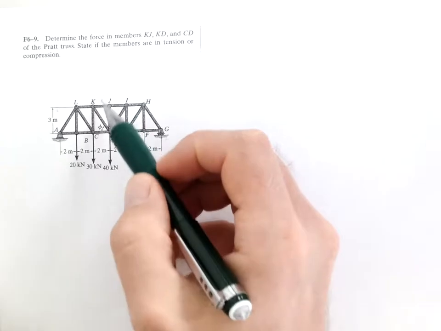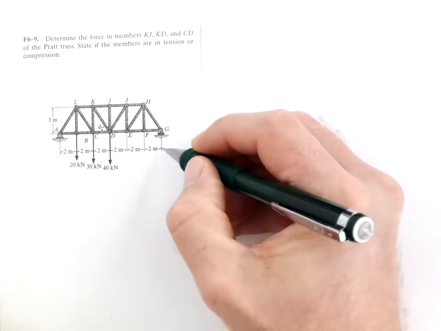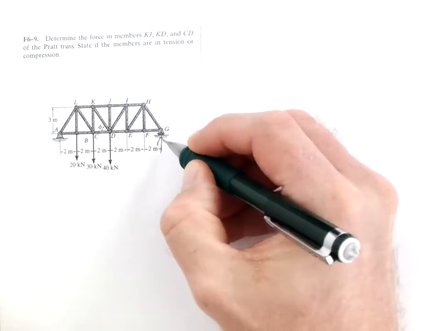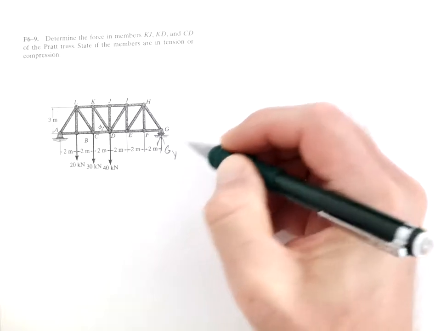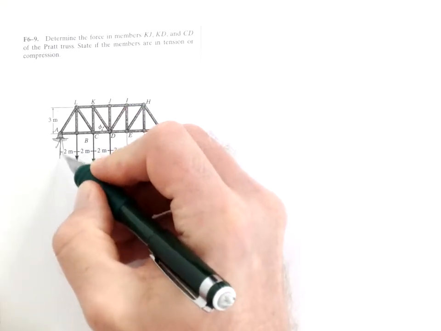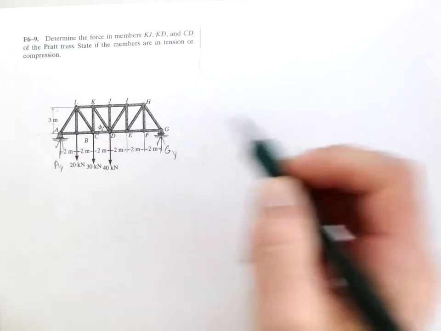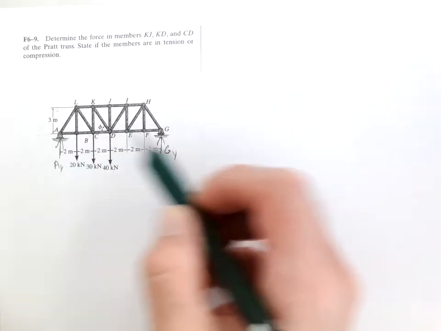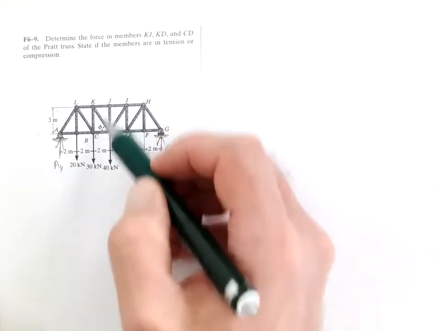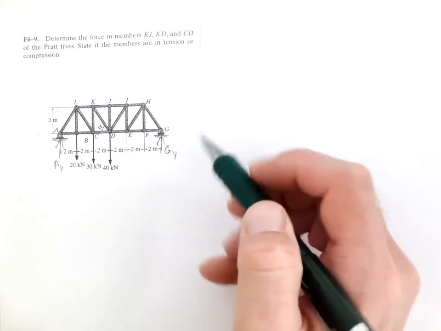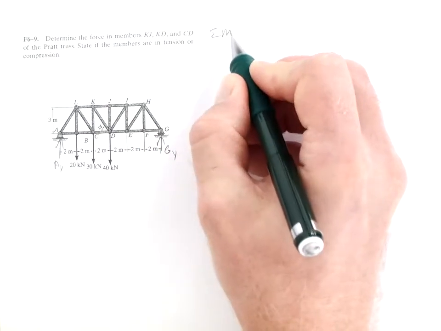So using the method of sections, first we have to find the reactions on either side. We have Gy, and Ay, and Ax, which is 0. So I'm going to solve for Gy and cut it here and use the right half. So if I sum the moments about A,